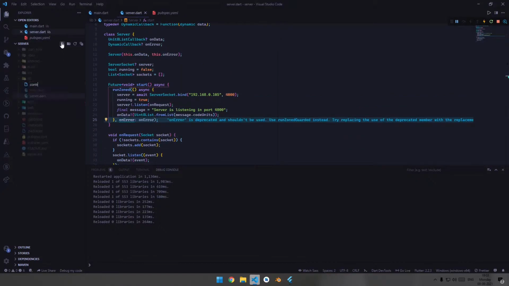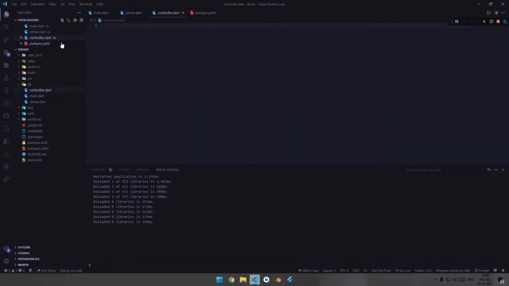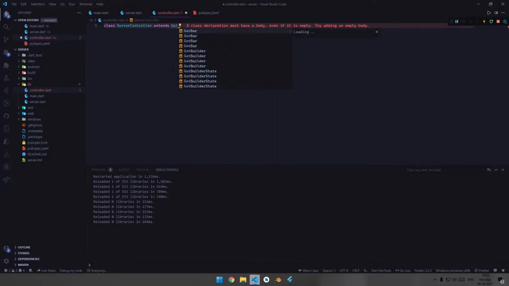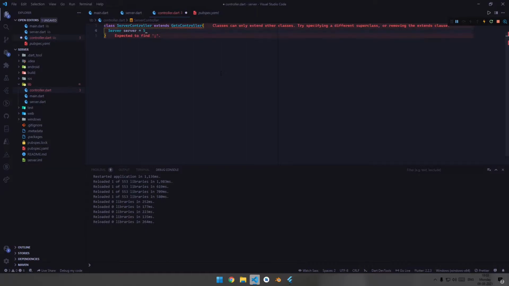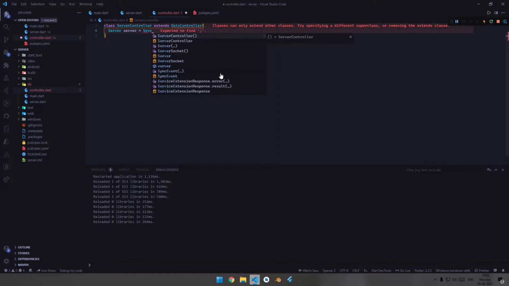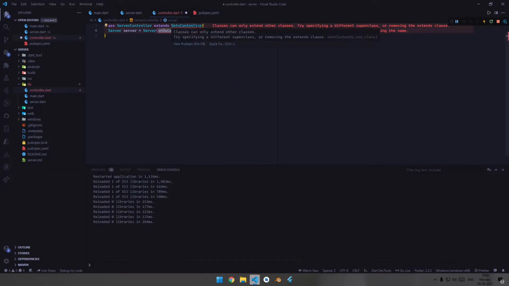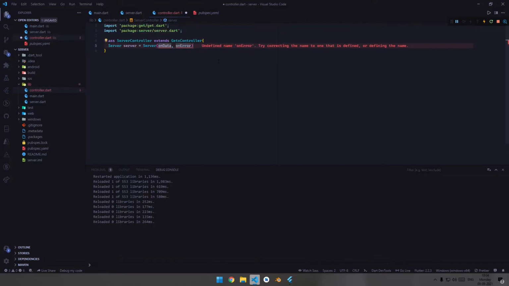Now let's create the controller for this application. To manage the state of the application, let's create a class ServerController extends GetxController. Now you need to initialize server equal to Server, and let's import the get package.